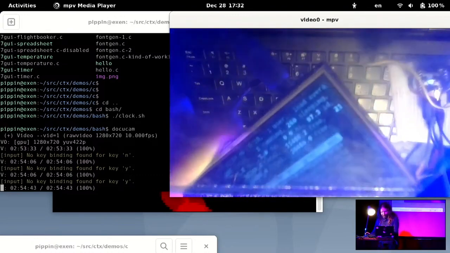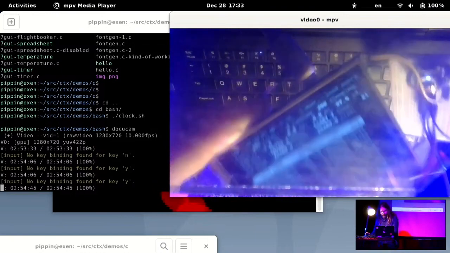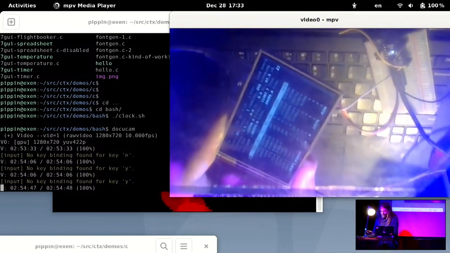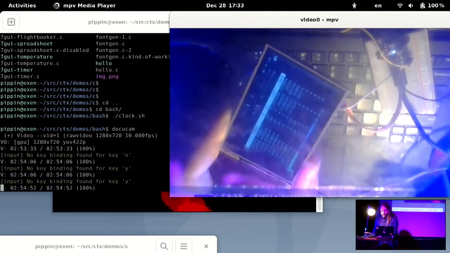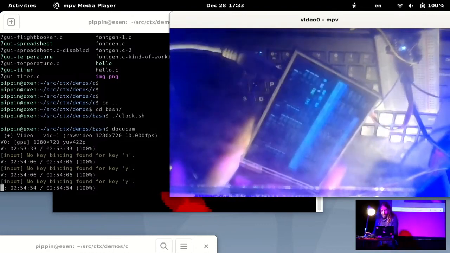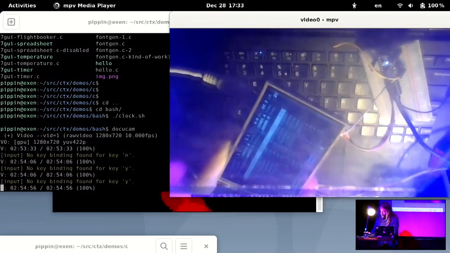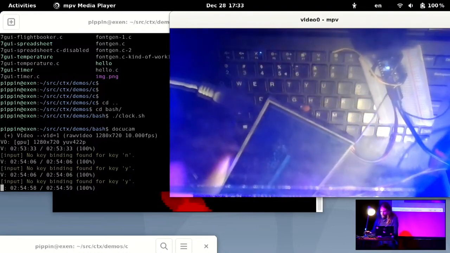So what you see here is top. Or we could run htop instead. And if I